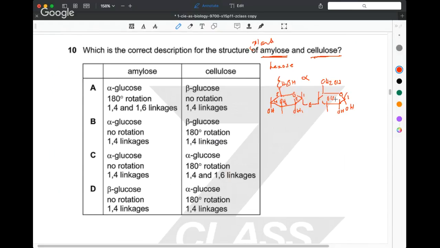And if we count round here, 1, 2, 3, 4, you've got a bond between the number 1 carbon in this first alpha glucose monomer and the number 4 carbon in this second alpha glucose monomer. And that pattern would continue because you're building up a large unbranched chain of this amylose polymer. And so you're looking at a 1 to 4,